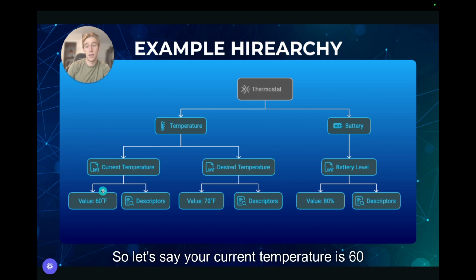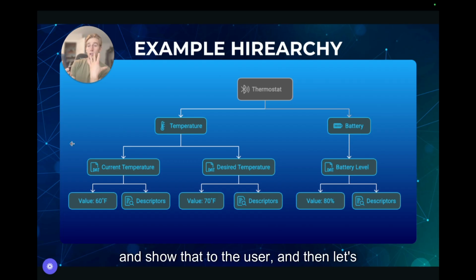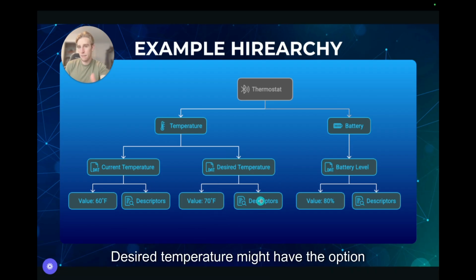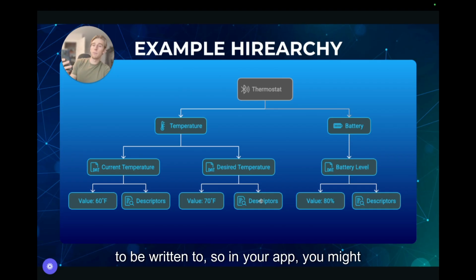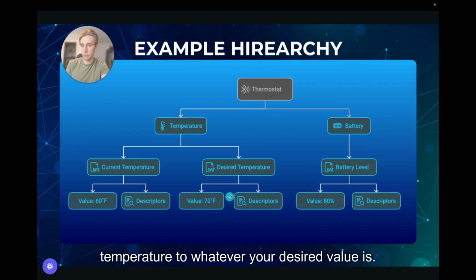So let's say your current temperature is 60 degrees Fahrenheit. In your app, you might access that and try and show that to the user. And then let's say your desired temperature is 70 degrees. Desired temperature might have the option to be written to. So in your app, you might have the option to increase that temperature, decrease that temperature to whatever your desired